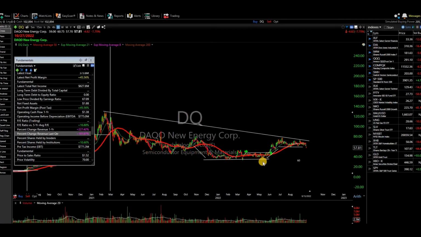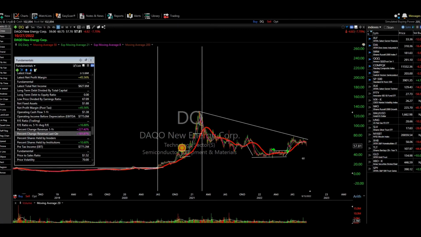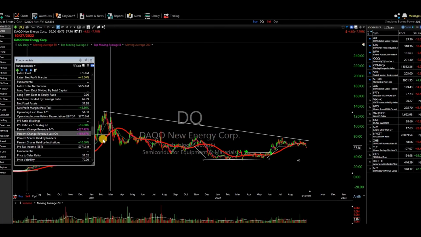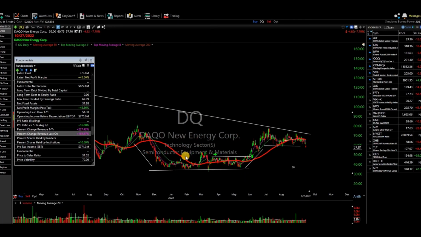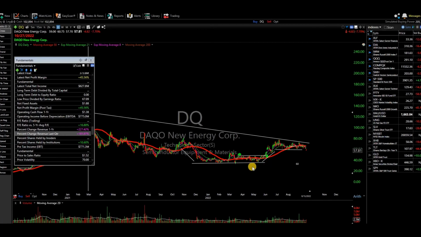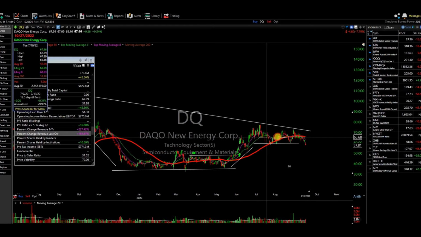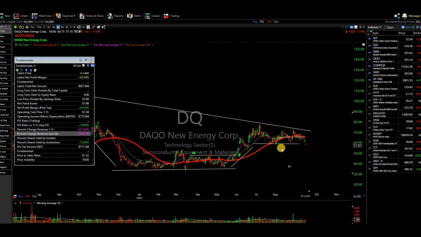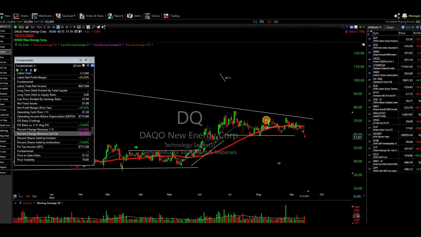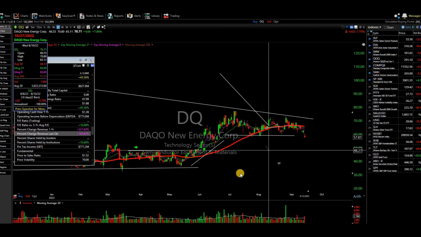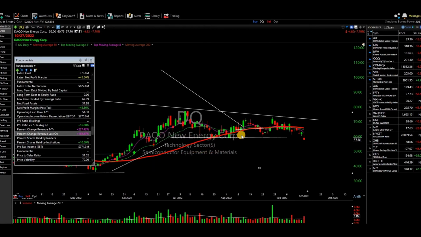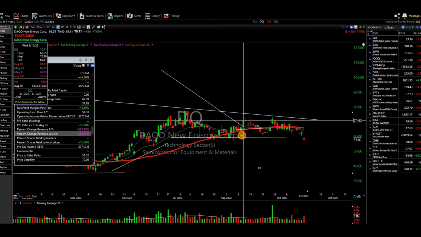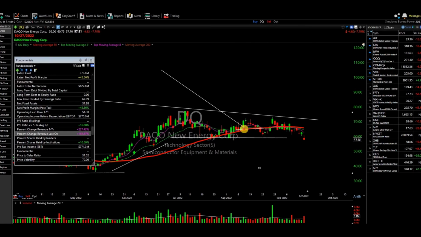The stock was working on a base, and it was acting really well. I didn't trade it before, but you can see it's working on this base here, and then it went up and just started digesting here. So it's the right side of the handle. I jumped in right on this day, on that green candle here, and right before I bought it, I said if any candle takes out that low, I'll get out.